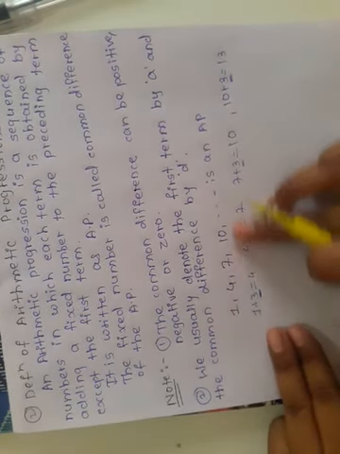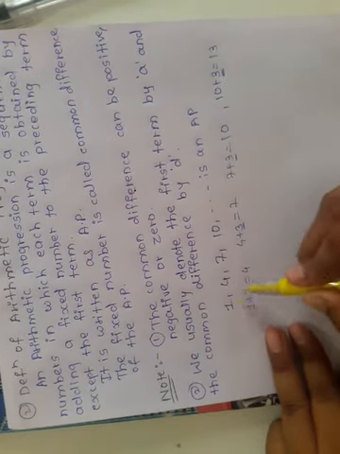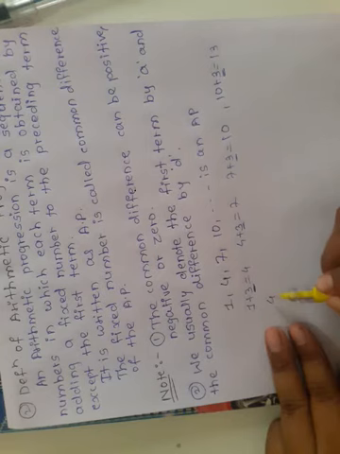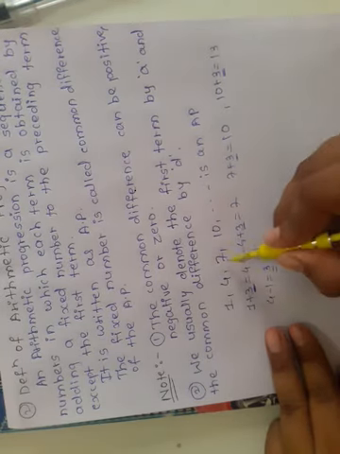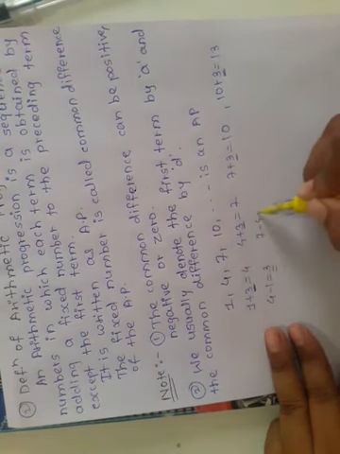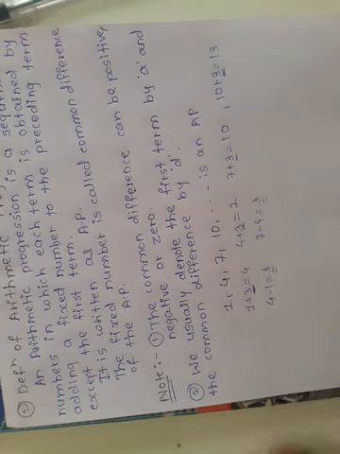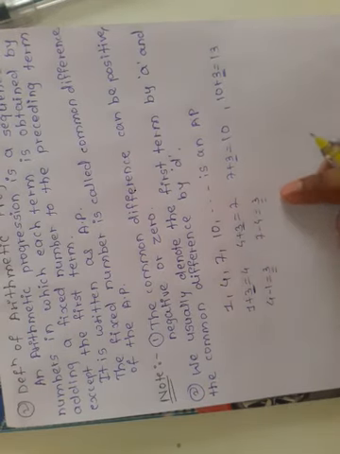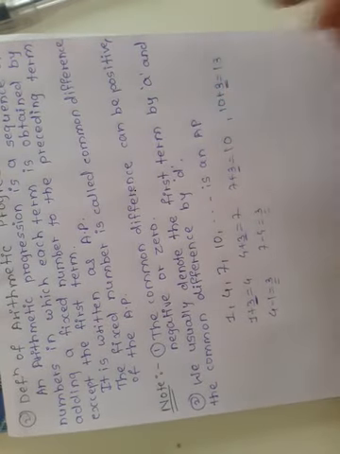If we have to find the common difference of all these terms, then we have to subtract the previous term from the next term. That means 4 minus 1 is equal to 3, and this is our common difference. And 7 minus 4 is again 3, our fixed number. If we subtract the previous term from the next term, we get the common difference. So this is an AP with common difference 3.